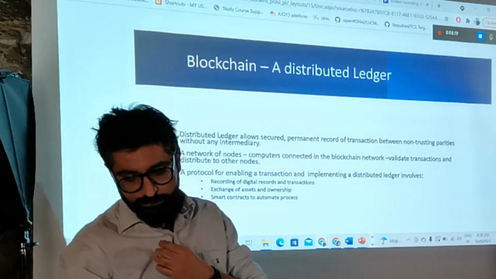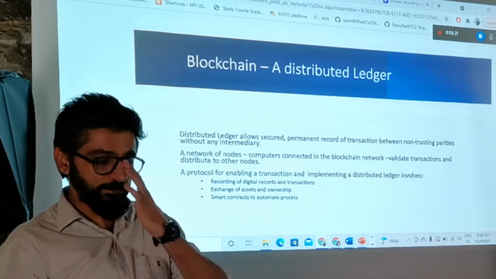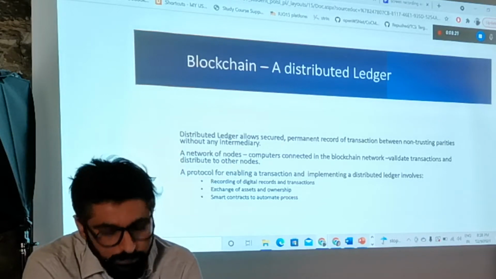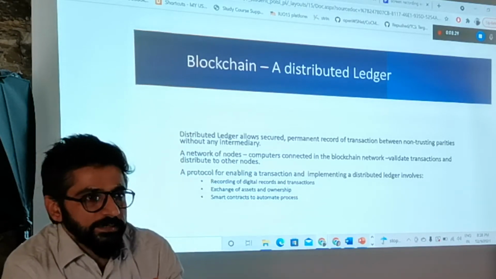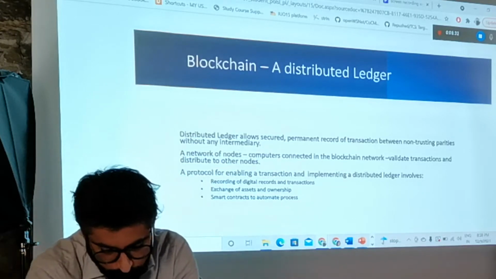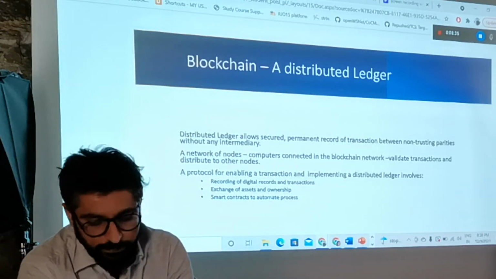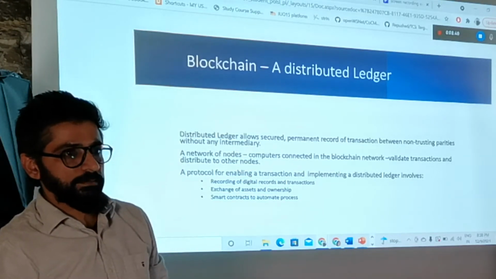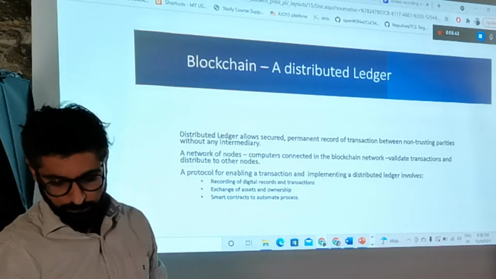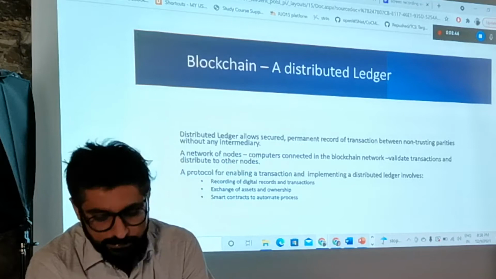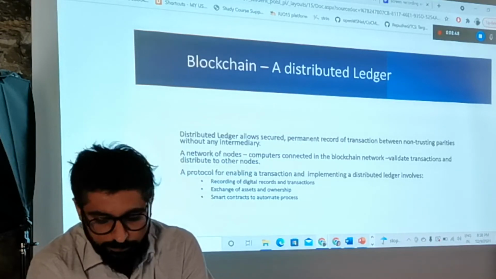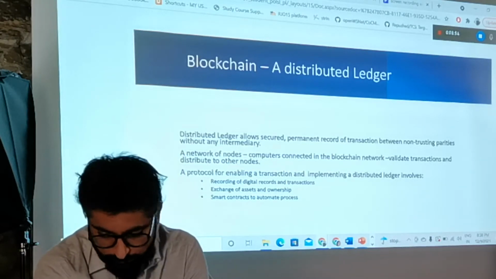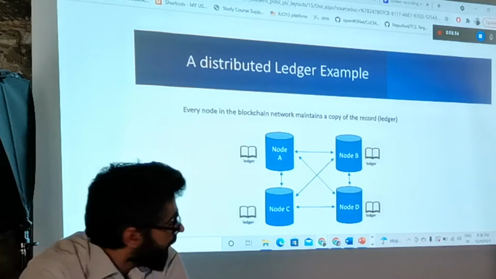As I told you, what is a distributed ledger? Every node participating in the blockchain has a copy of the ledger. The ledger is the history of all the transactions that have happened. Everyone has the copy, and the nodes participate in the validation of transactions. Say a transaction happens, like an exchange of money or sending money. The nodes participate in validating the transaction, because they have the hash value of everything. So this is the distributed ledger.